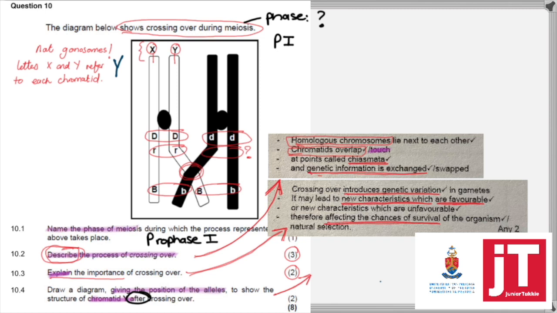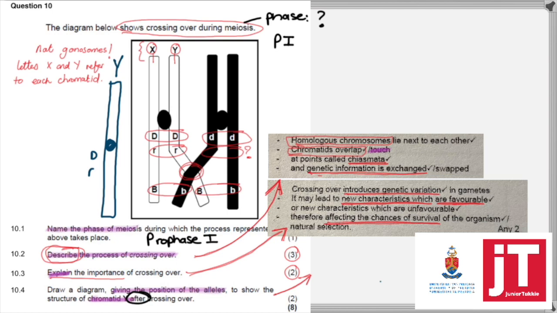So we know that we're looking at chromatid Y. Chromatid Y has a specific structure, and we have the centromere over there. It's only half of this chromosome, which is still joined at the centromere. So we're only going to be doing the chromatid Y. Now the position of the alleles we need to put in. So we can see that D and R are not affected by the crossing over. But the last allele, where we've got either our dominant or our recessive B, our capital B or our lowercase b,